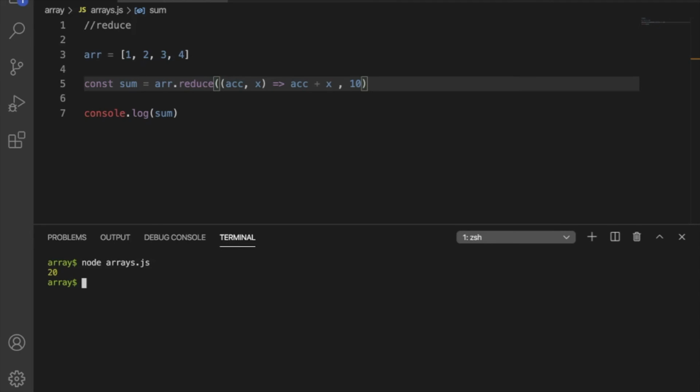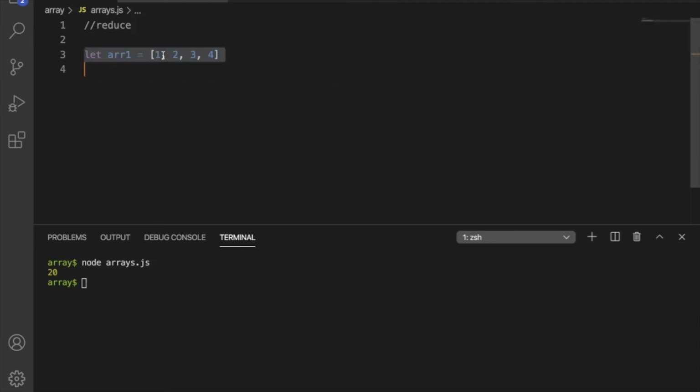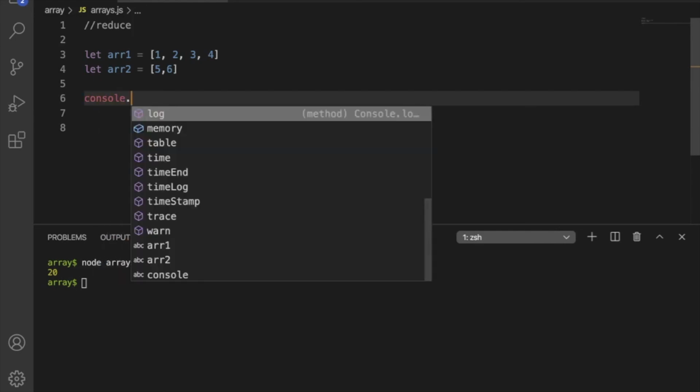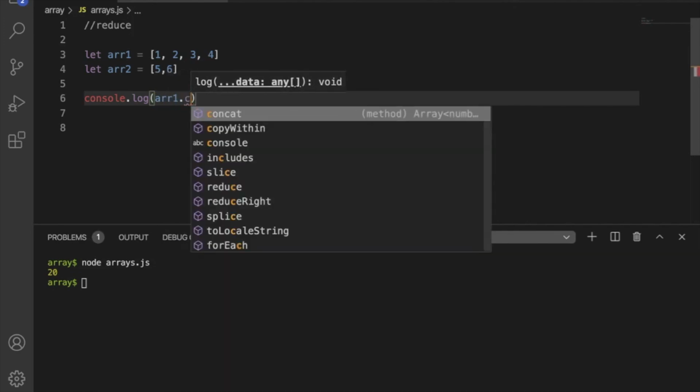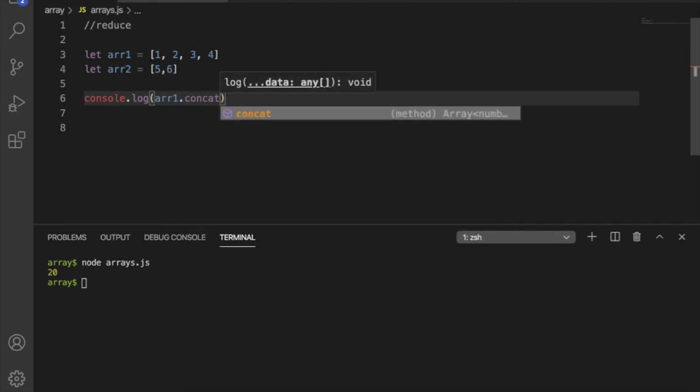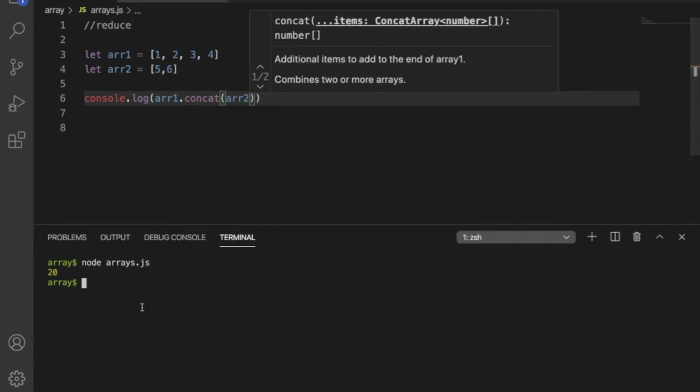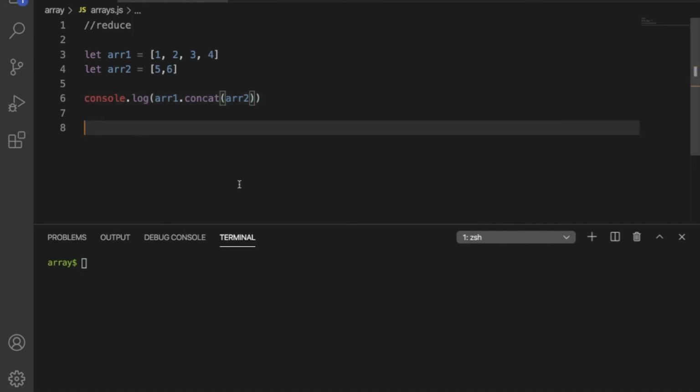Since you have stuck with me till now, I'll give you a bonus. If you have two arrays and you want an array which is just a concatenation of both the arrays, then you use the function, wait for it, concat. Like this. What this will do is create a new array and first push array 1 to it and then push array 2 to it, like this.